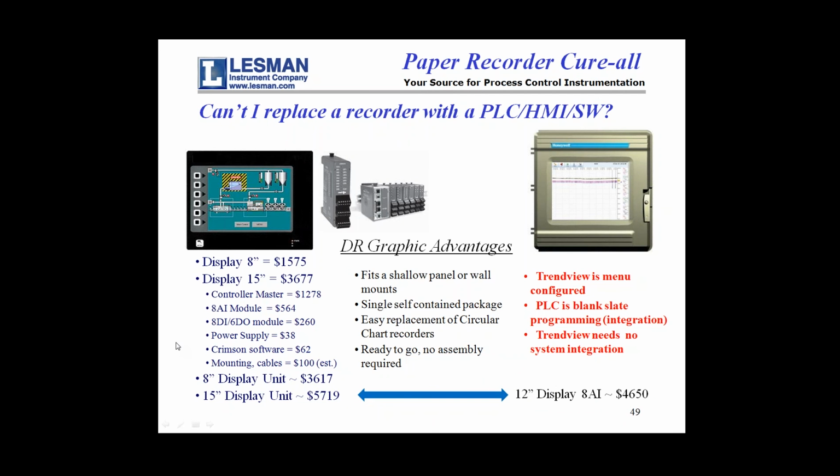People have asked, well, if I'm thinking about changing from paper, why can't I just go with a PLC HMI and some software? You can, but believe me, you're going to pay a lot more. Here's a combination right here. You can see some prices for an HMI and the associated I/O hardware that goes with it. And we go over here to the recorder, and to me the big thing is that the trend view is menu configured. The PLC HMI is blank slate programming,